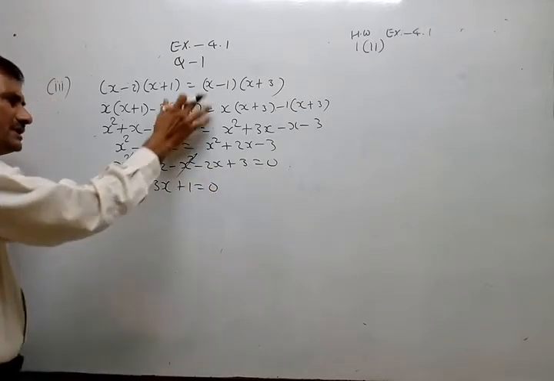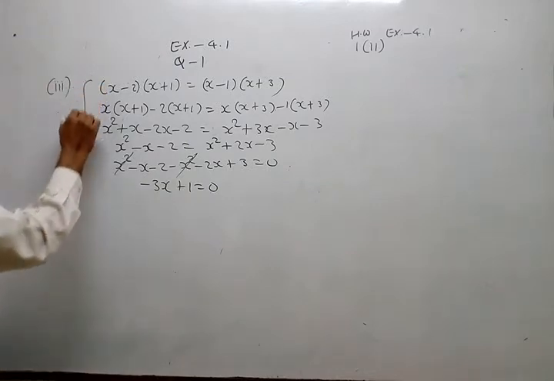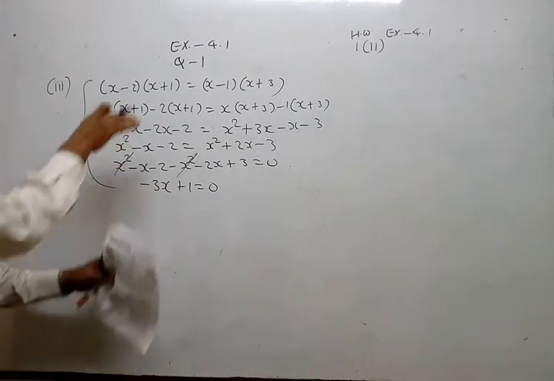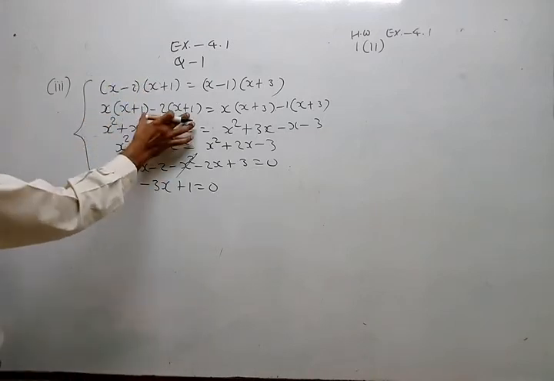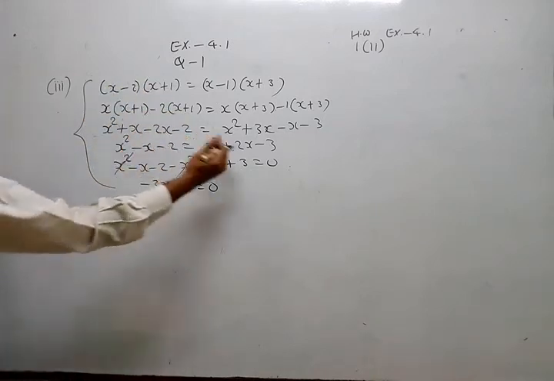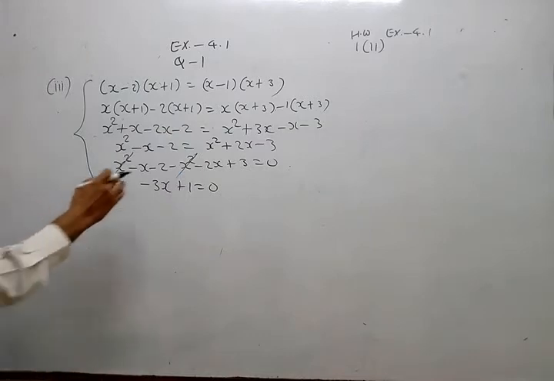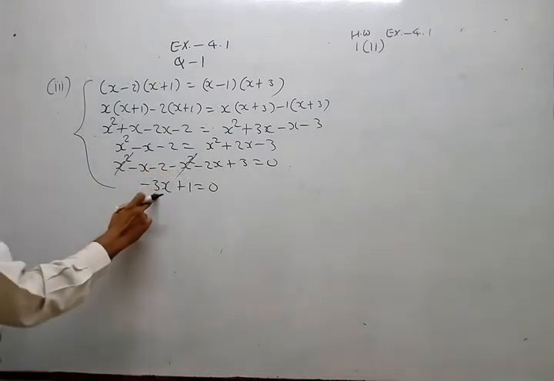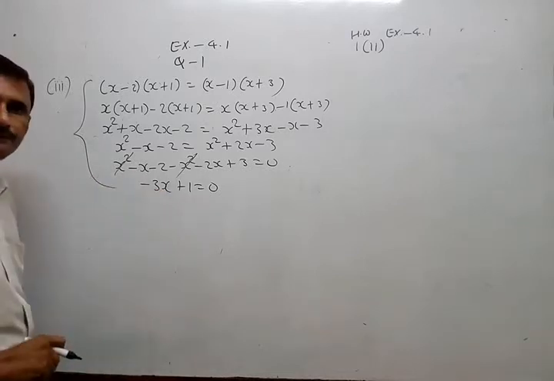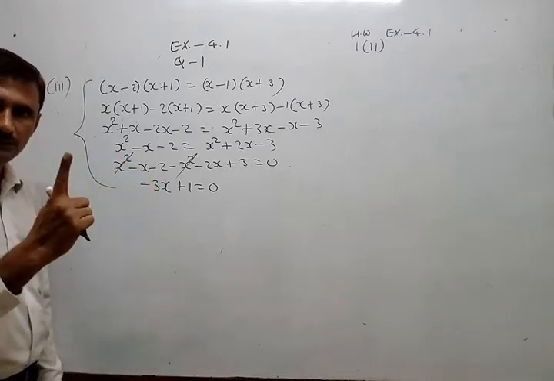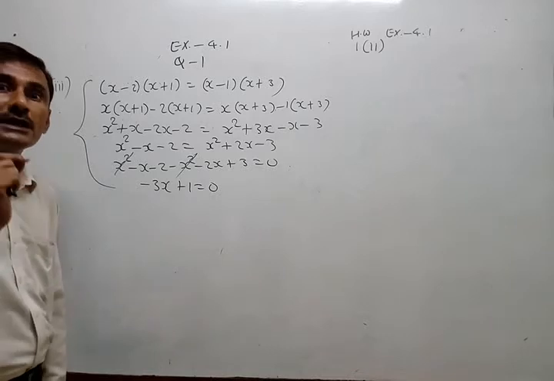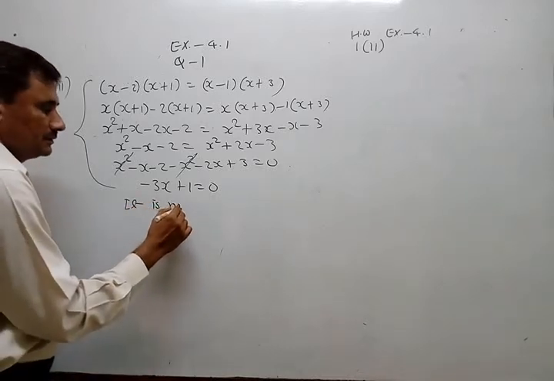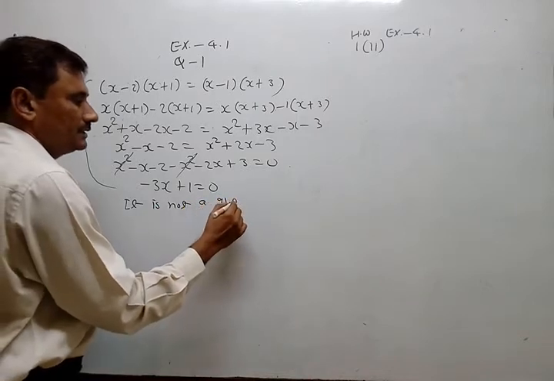This is, everything is basic only. So far, not a single step is difficult. It is only basic. How to multiply brackets, how to combine like terms, how to shift there. After shifting, how to cancel out or how to combine like terms again. Okay. So at last we got this one. Obviously, degree is 1. We require degree 2. So it is not a quadratic equation.